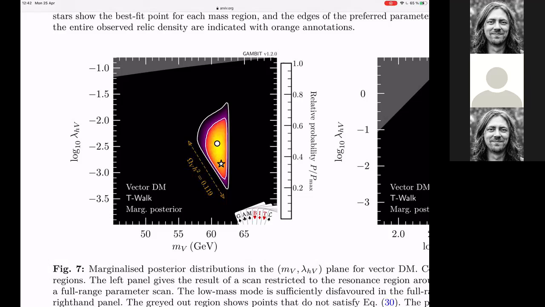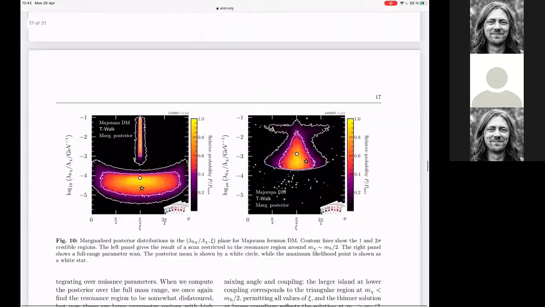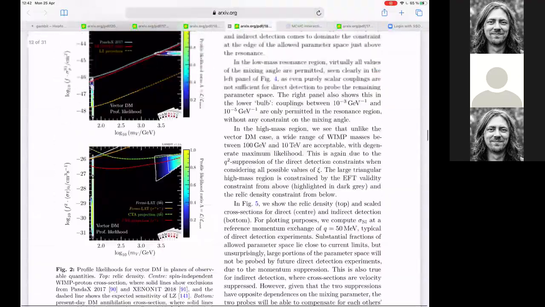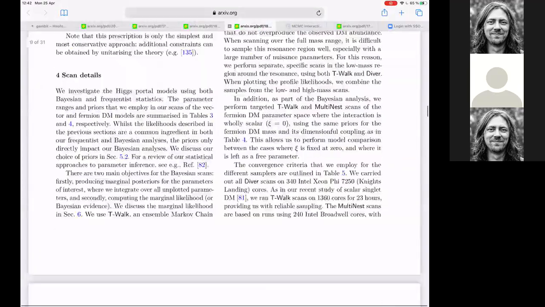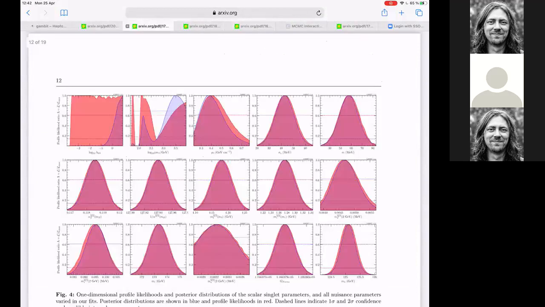I guess you settled for, well, we're going to report both of them. Yeah, effectively. And we probably also did something like this, that we showed a bunch of the 1D posteriors. But yeah, it's just very tricky. Personally,